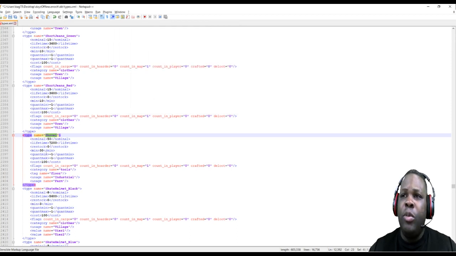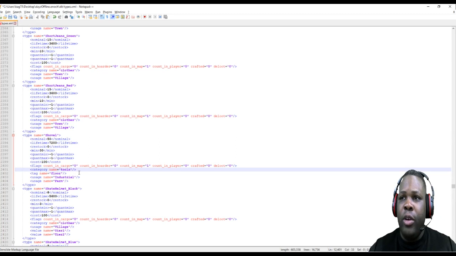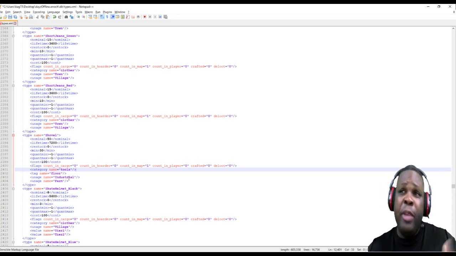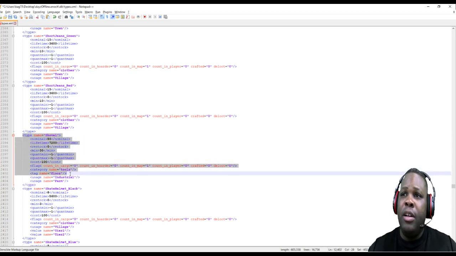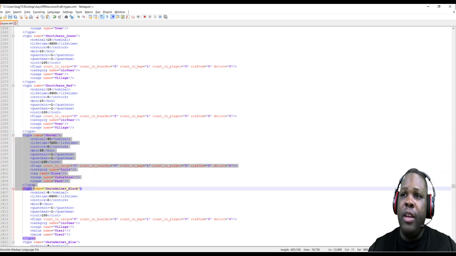Okay, so what we want to pay attention to is we obviously got the name, which is the shovel. There's 50 of them, and then here's the important stuff. The shovel is in a category of tools, so it's a tool. It's found on the floor, and its usage is industrial and farm. So you're going to find this tool on the floor in industrial or farming locations. To me, the pitchfork fits this category, so I'm going to use the shovel entry here as a